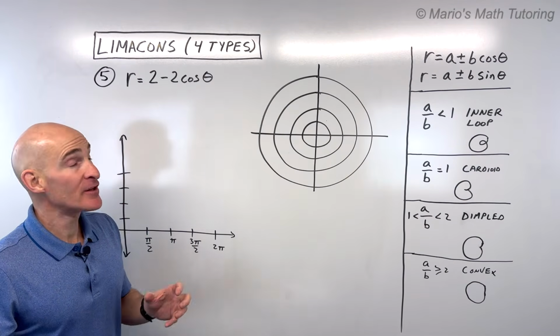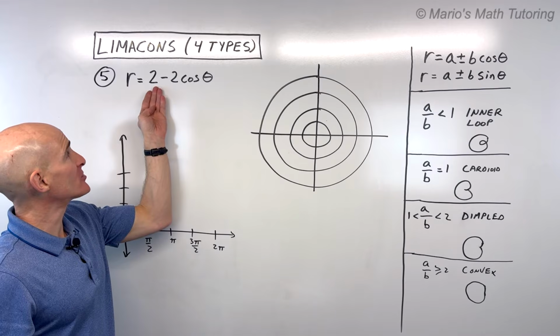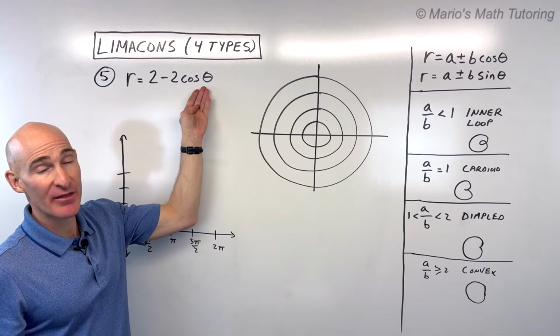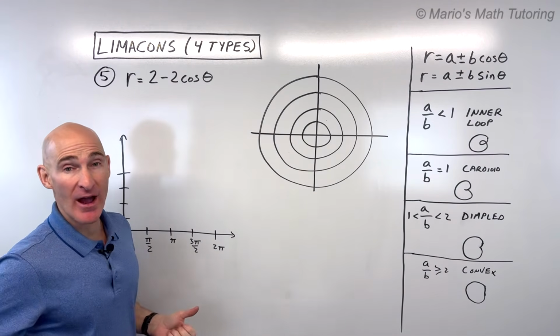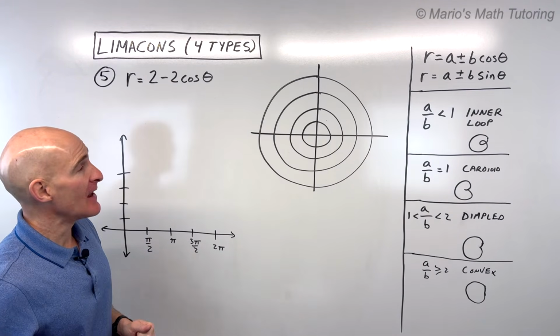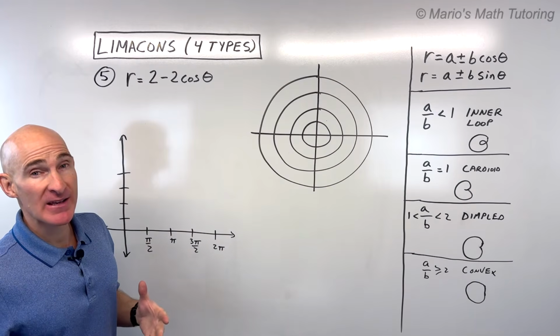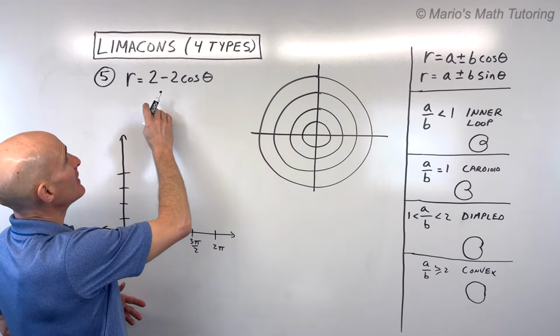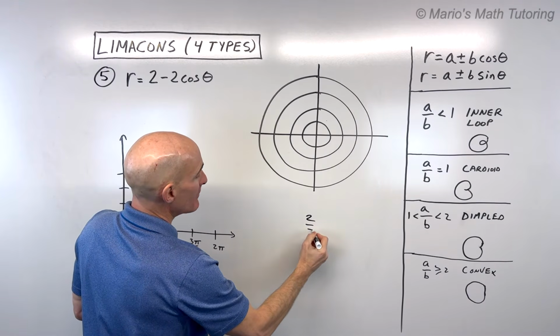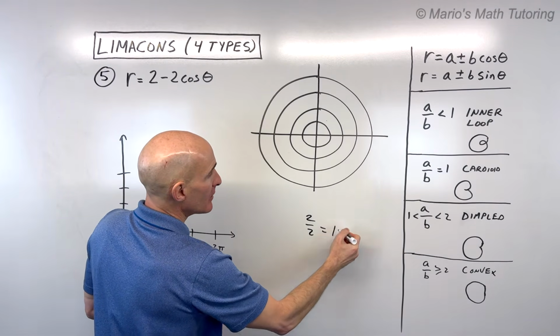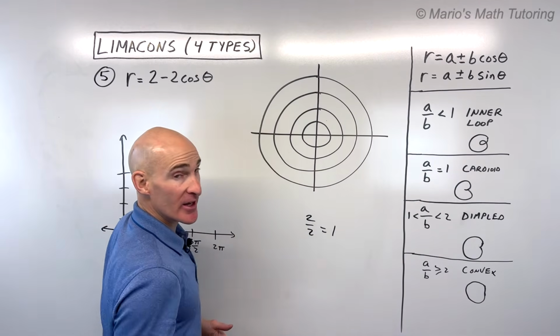Okay, see if you can pause the video and do number 5. We've got r equals 2 minus 2 cosine theta. What type of Limaçon is it, and what does the graph look like? See if you can do it. Now, if it was me, I'm going to follow the same process I've been following. I'm going to first look at the ratio of a divided by b. So 2 divided by 2 is equal to 1, which tells us that it's a cardioid, okay, like a heart